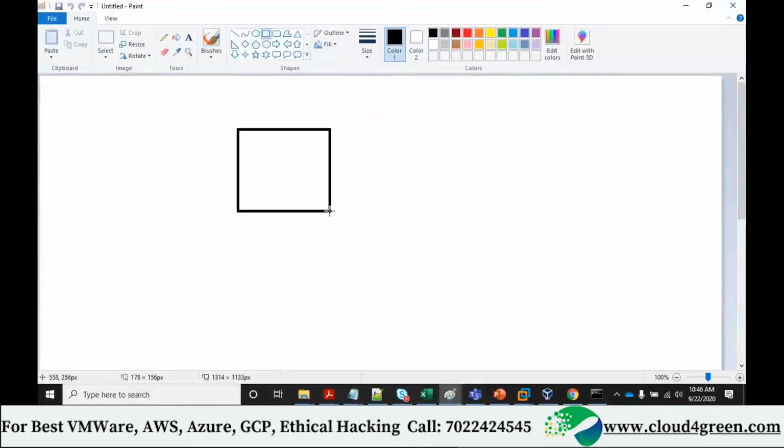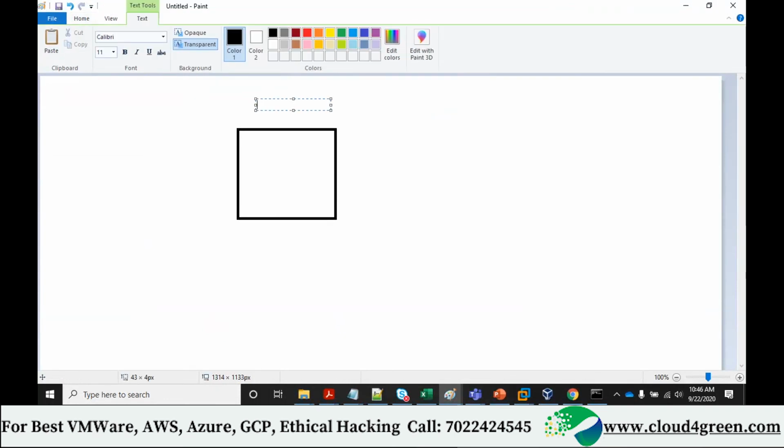As you all know, every operating system, so let's take an OS. There are two types of drives. One is C drive, another one is D drive.